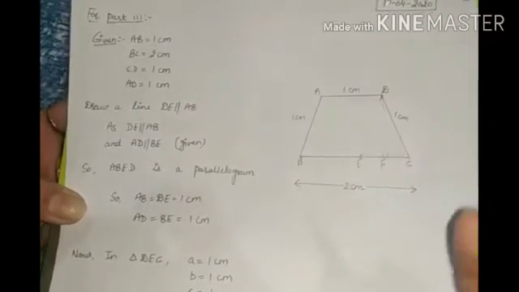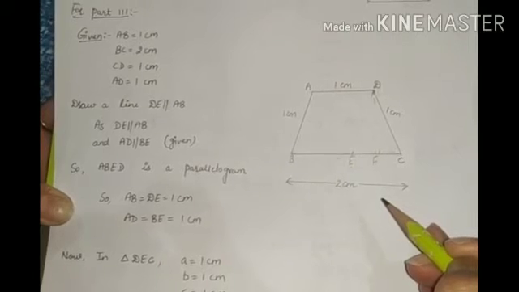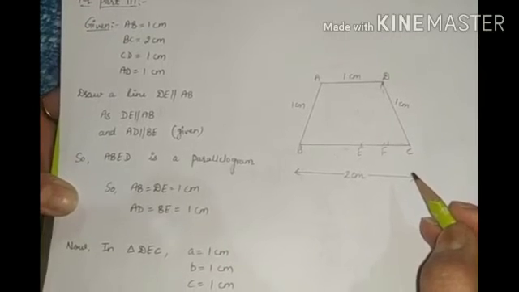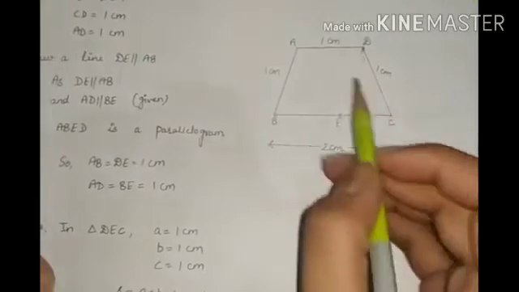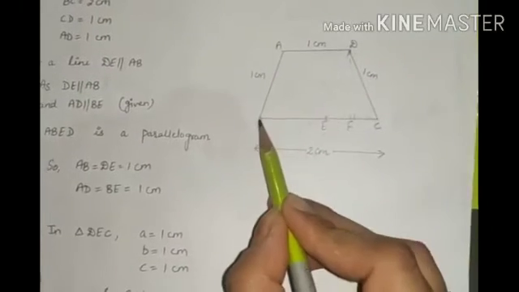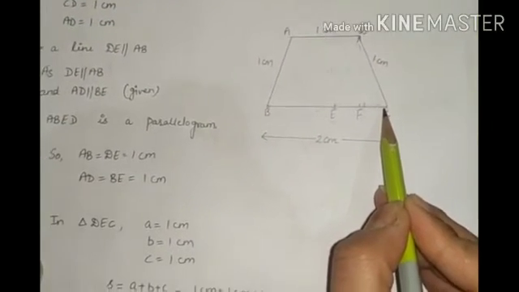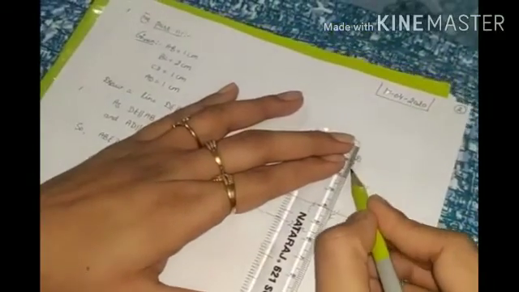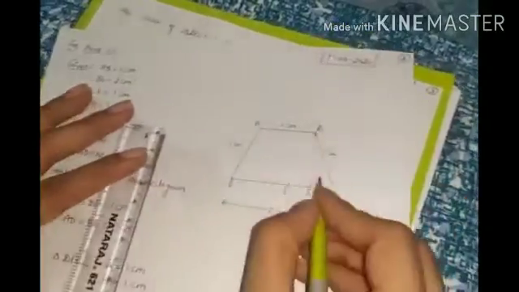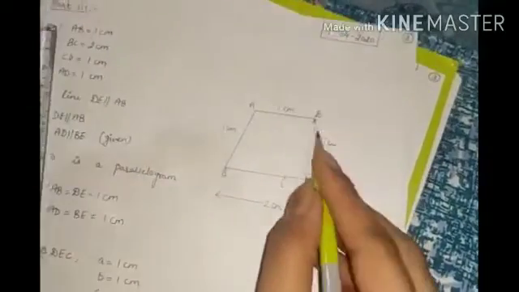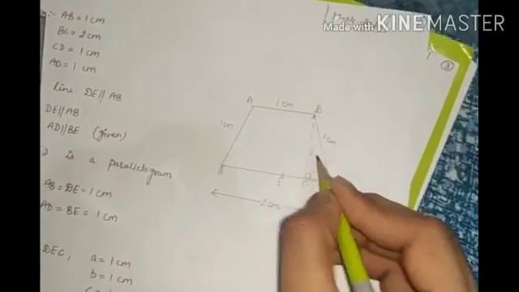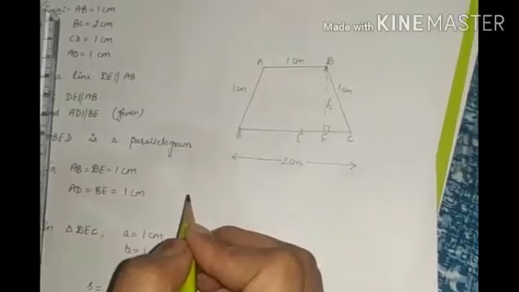DC. So to find the area of trapezium, the formula is half into sum of parallel sides into height. In this, parallel sides are AD and BC, but height is not given. So first we have to find the height of this trapezium. So in this we will draw a perpendicular, that is DF. DF is the height of this trapezium. So we can write it as H, meaning H is the height of this trapezium.